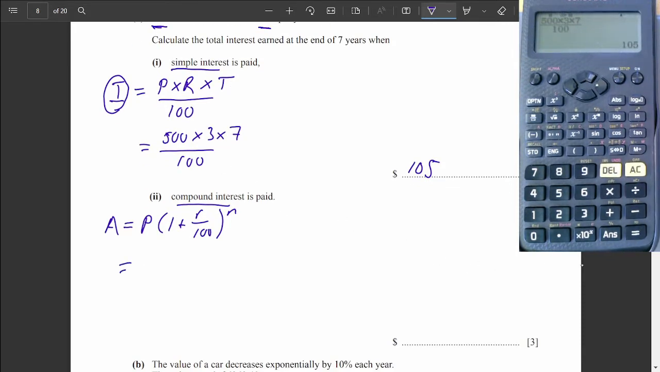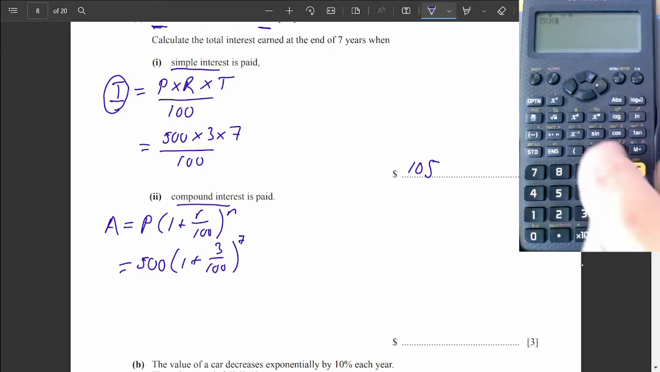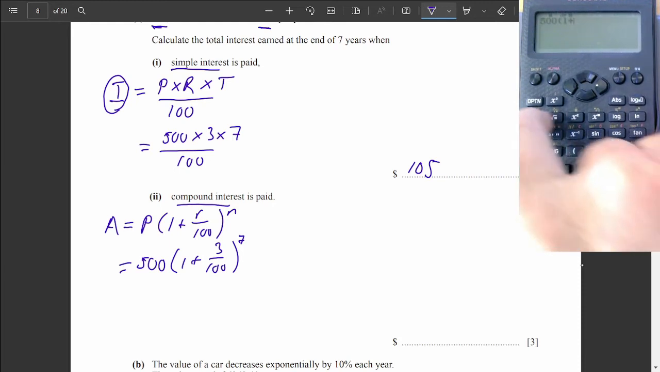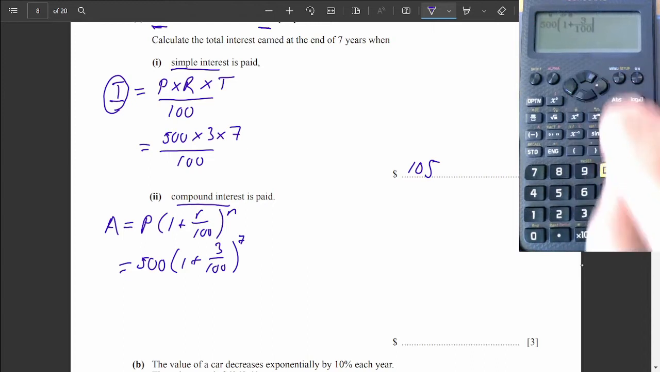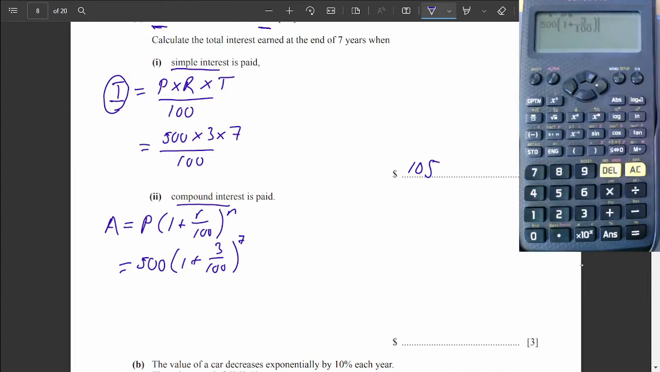The principal again was 500. We started off with 1 plus the rate, 3, to the power of 7 for 7 years. So let's put that in. 500, 1 plus fraction button, 3 over 100, arrow, bracket to the power of 7, equals. Okay, let's write that down. 614.936,